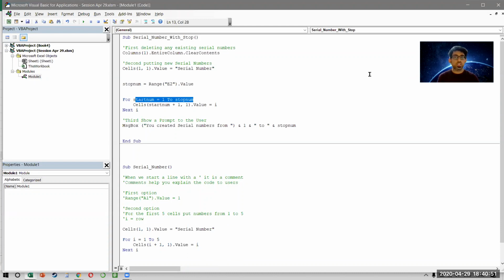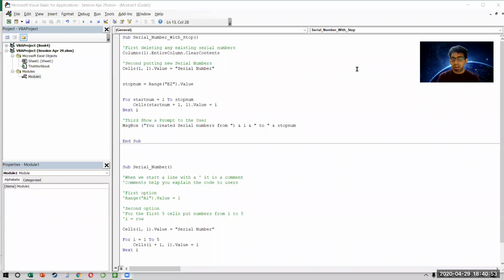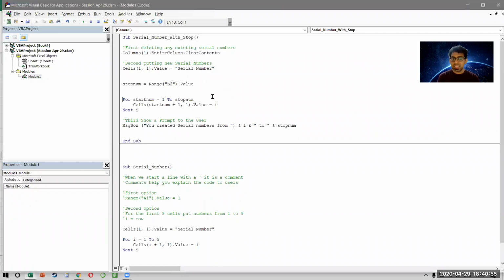Okay, sure. So start num and stop num, remember everyone, these are just words. I could have written anything I want. I could have written something like this also. It doesn't matter. It's just a name that you're giving. It's like a nickname. When you say I'm calling my workbook my workbook, why do you call it that? It's just a name that you're giving. So don't think you have to follow a pattern or anything. You could have written stop num underscore 222 for all I care, right?